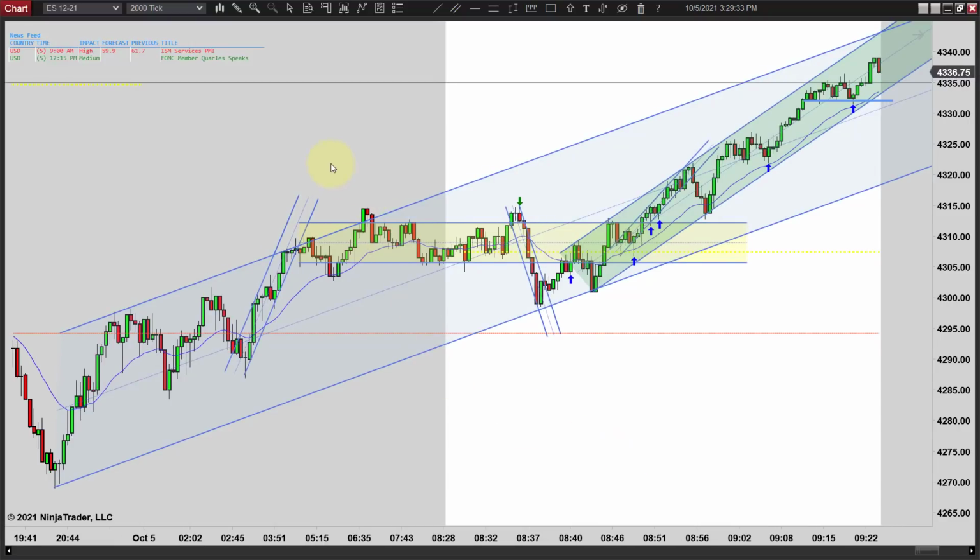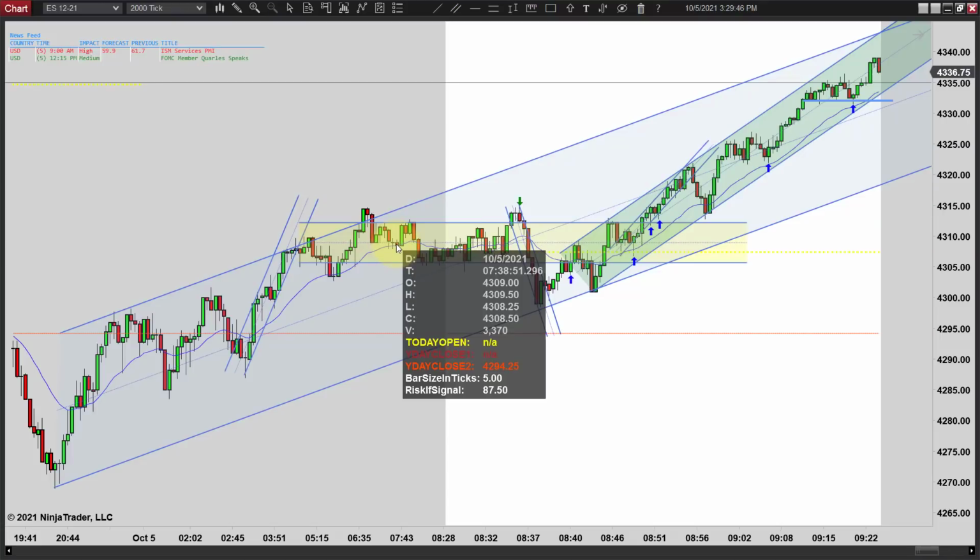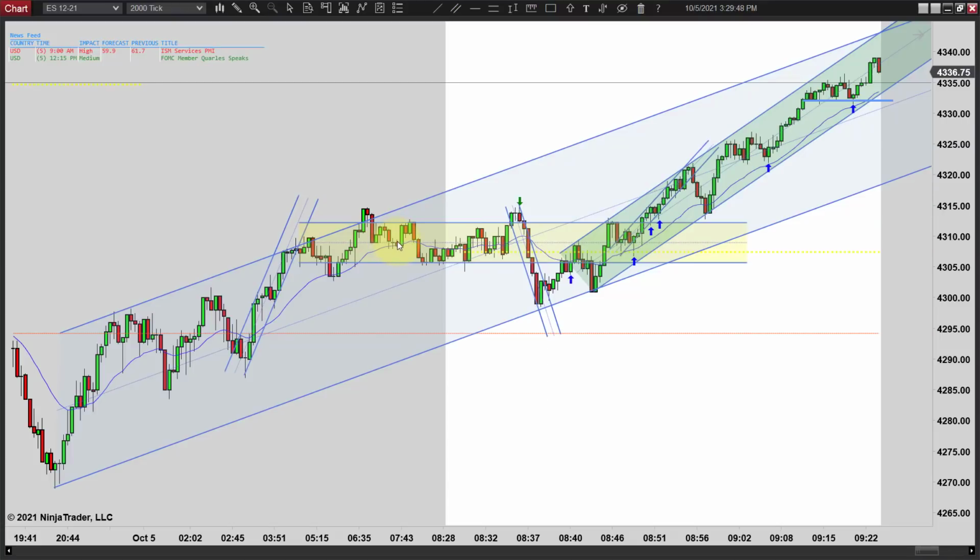7 o'clock came, I believe, just as we're topping out here and pulling back. I really thought maybe we'd get a setup here on a real low risk bar. I think that bar is 7 ticks and this one's maybe 4 or 5. Yeah, but it's an inside bar and it wasn't even bullish by that time. And this is almost a doji, so I don't think you can go long there, especially when it looks at this point like you have an overshoot.